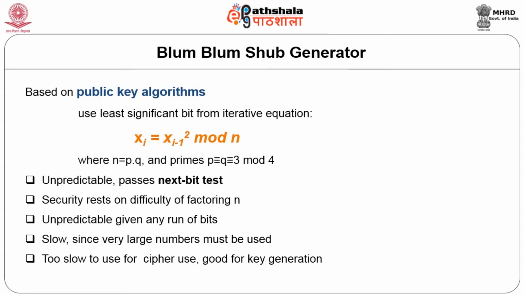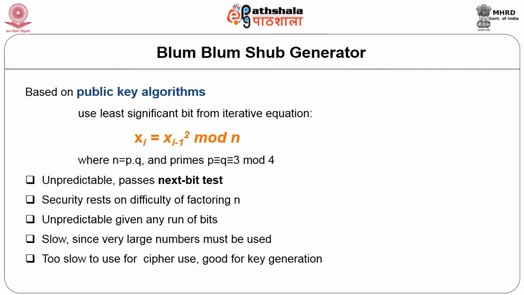Going ahead with another value, let's try 19. 19 is a prime number. If I do 19 mod 4, it would end up as 3. So yes, this time both criteria are met. It is prime as well as congruent to 3 mod 4. So we can take 19 as p. In the same way, you have to find a value of q that satisfies both properties: prime and congruent to 3 mod 4. When we say it is cryptographically secure, we say the next bit is unpredictable, so it passes the next-bit test.